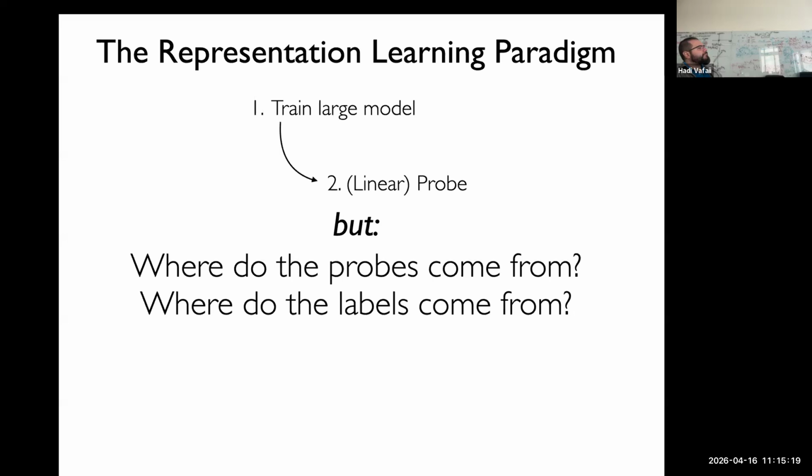Why? Because where do the probes come from? And where do the labels for the probes come from? Even if it was self-supervised representation learning, which was basically what the earlier generation of contrastive learning stuff that I told you about did, you still need labels for making the probe, right? So this is representation learning, which is mostly what we think of in vision. It's the main way that people who do visual neuro AI use their models, but also just regular visual AI.